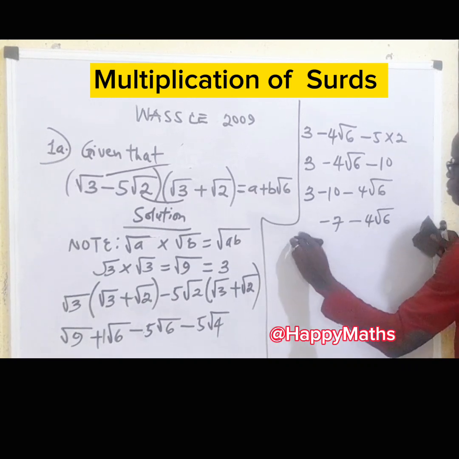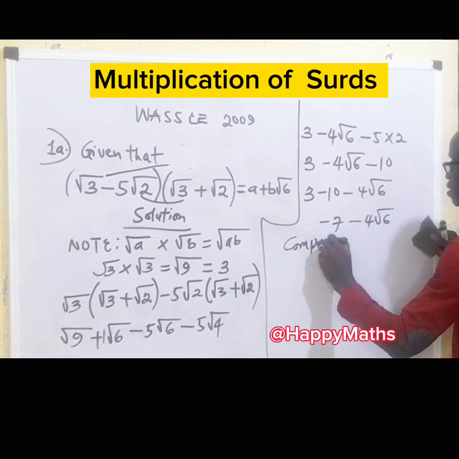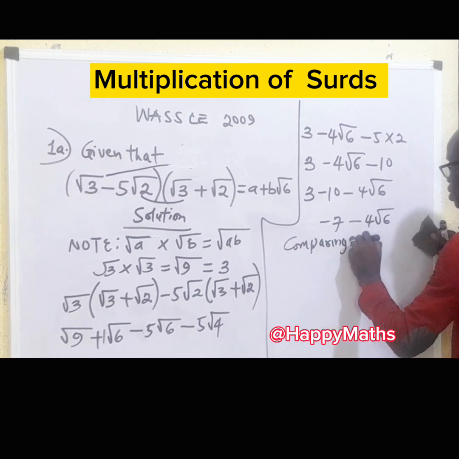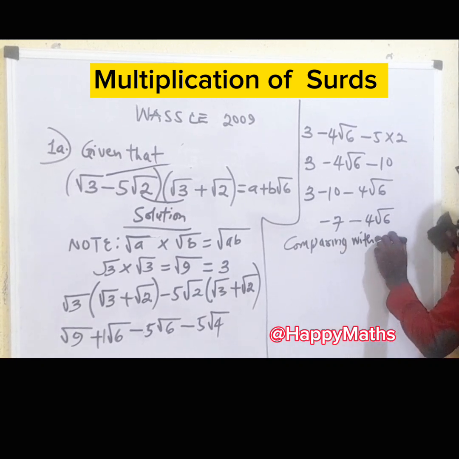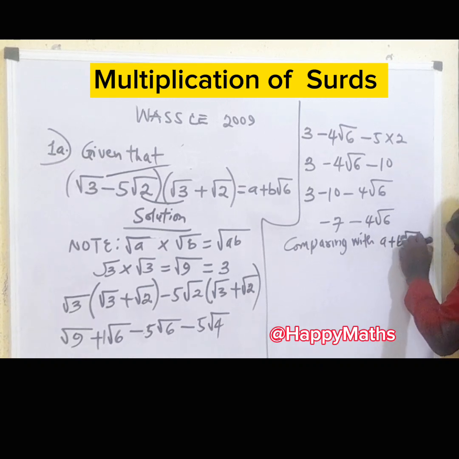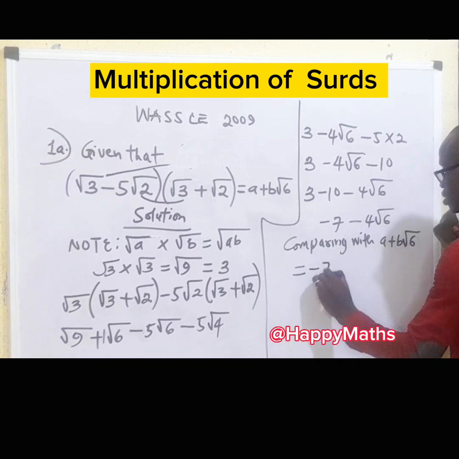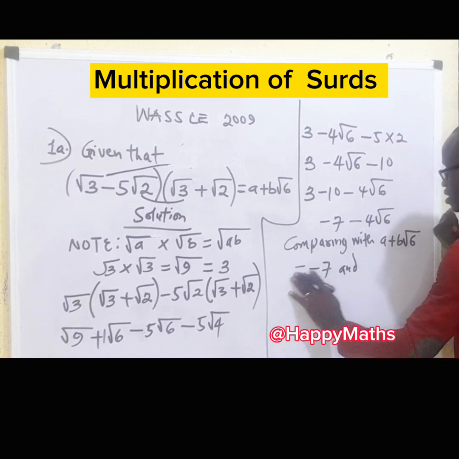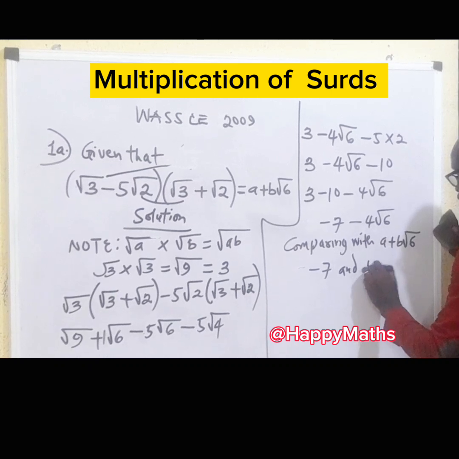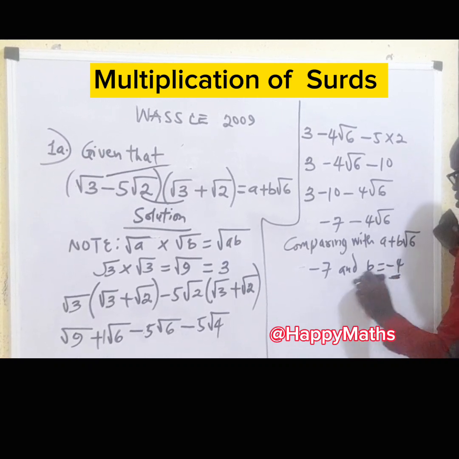Now let's come here. Let's compare. Comparing with A plus B root 6, it's easy to see. Note that A be minus 7 and B be minus 4. Consider the common